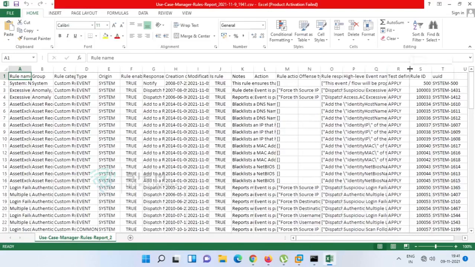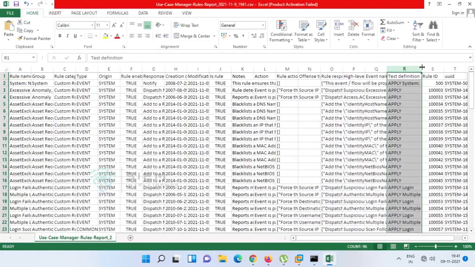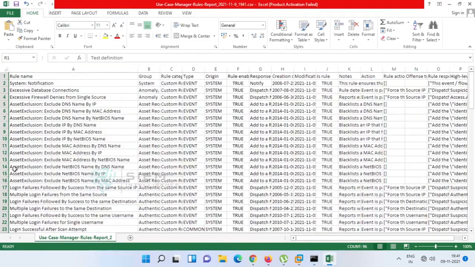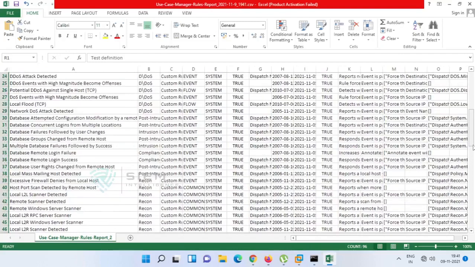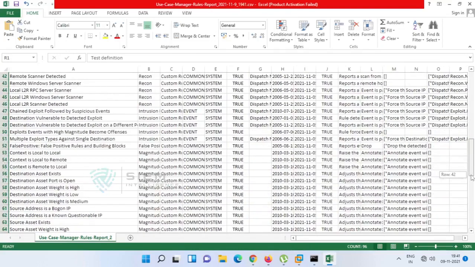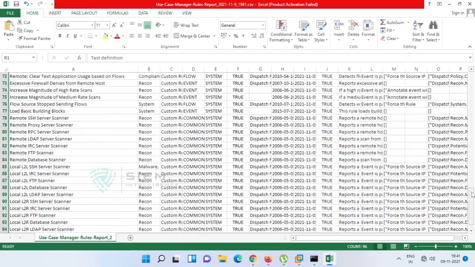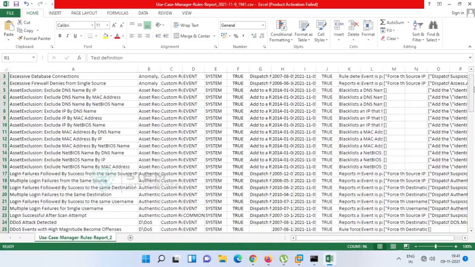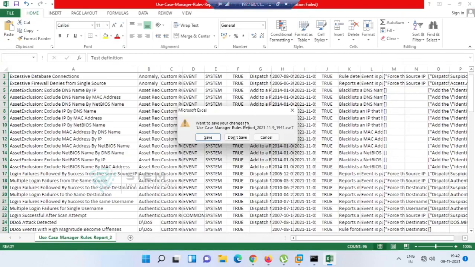Test condition, these are the rules. See, if you see rule name, there is no building block. There might be 95 plus data. There is so much data, but it only starts with nothing. If anything starts with B, that means it is a building block, BB.